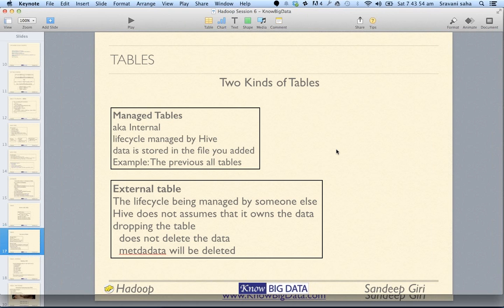If you drop the table, the data also gets dropped. While in case of an external table, it acts like a channel to an external file. If you want to read anything from that file, it will be reading through that channel and getting the data. And in case you drop an external table,